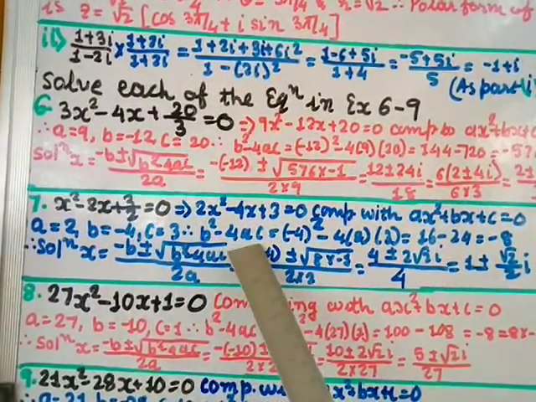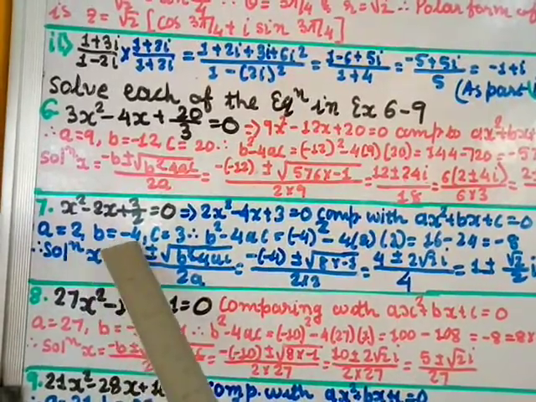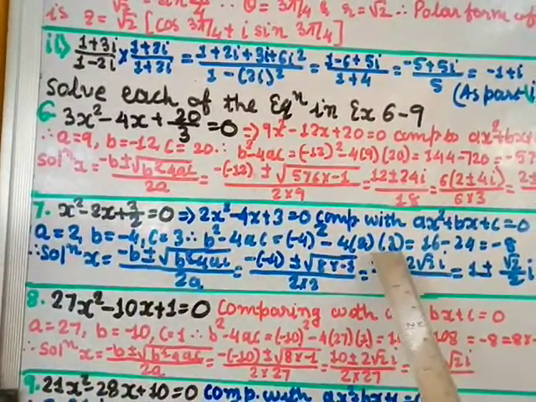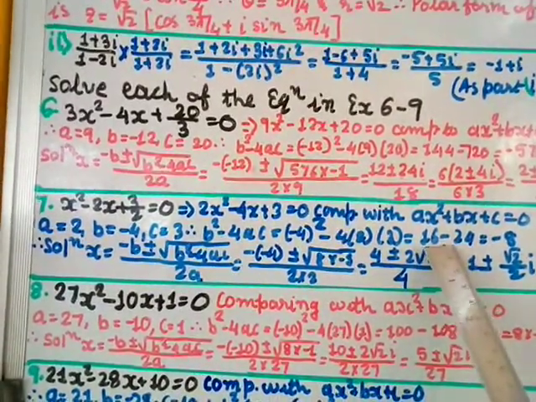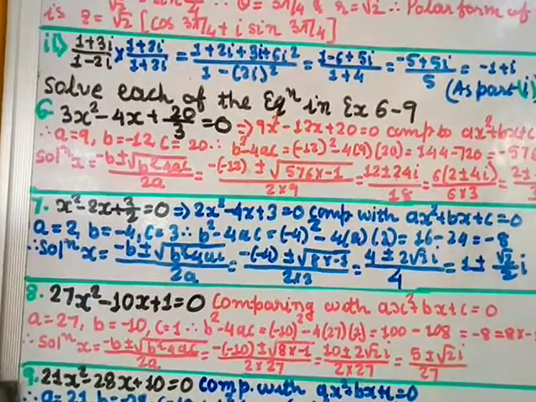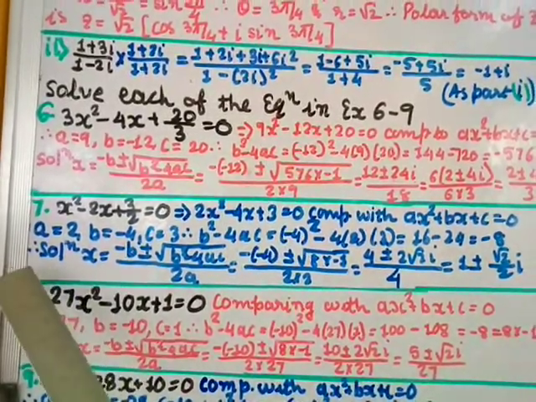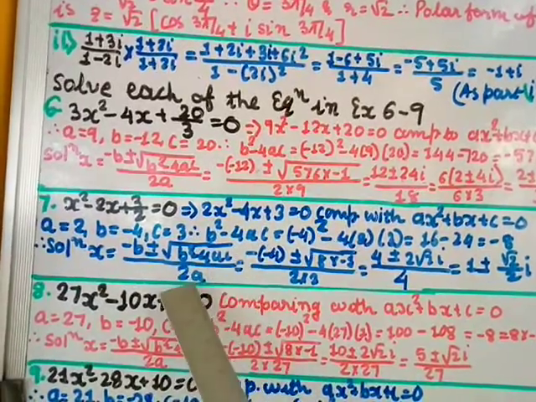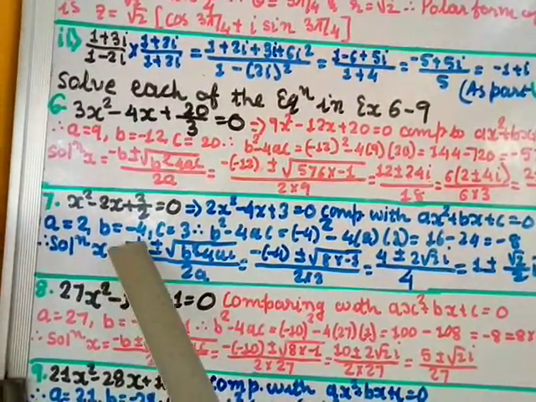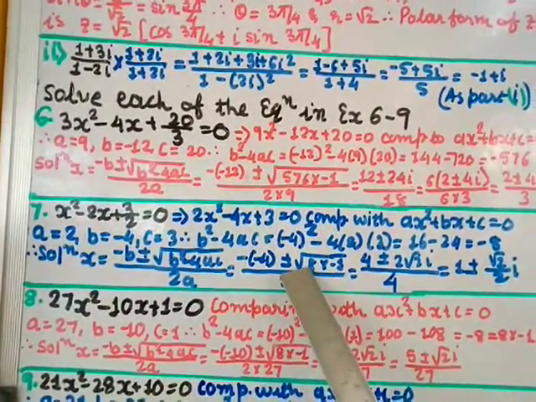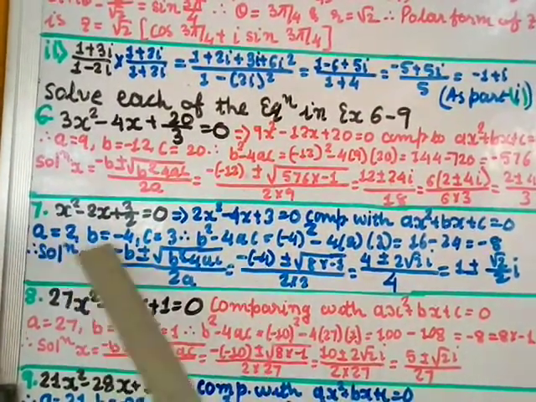Find b² − 4ac. b² means (−4)², minus 4 into a, which is 2, into 3. Okay, so (−4)² is 16, minus 4 into 2 into 3 is 24. This difference is −8. This can be written 8 into −1. Okay, now solution x = −b ± under the square root of b² − 4ac, by 2a, equal to −b value, which is −(−4), ± this value, which is −8, that I have written as 8 into −1, divided by 2 into a, which is 2.